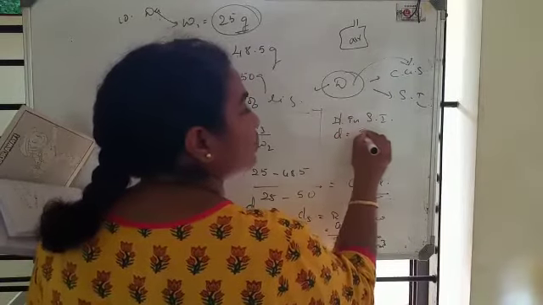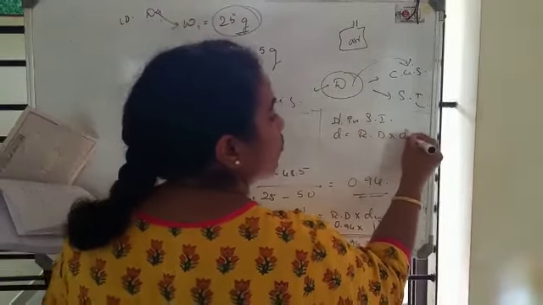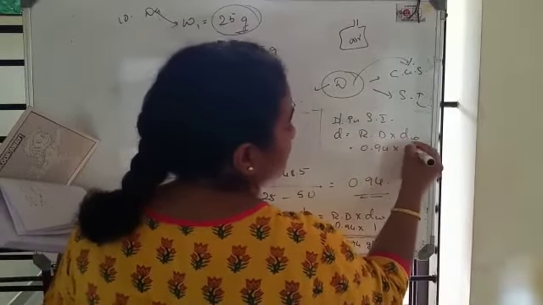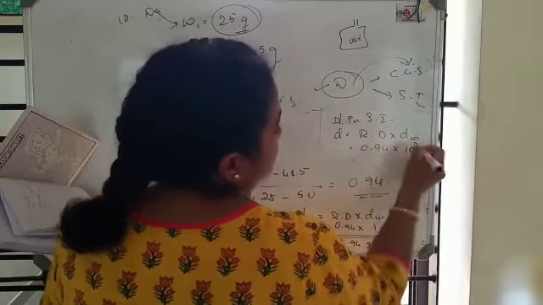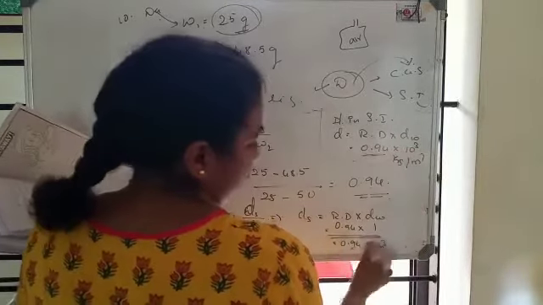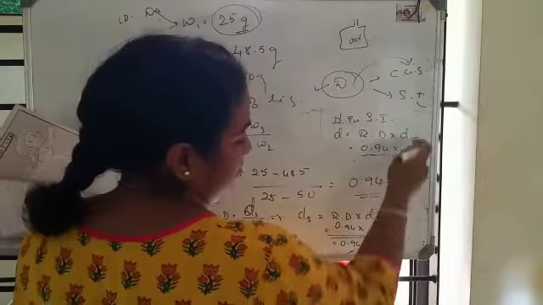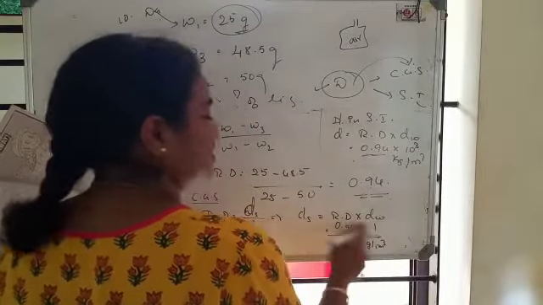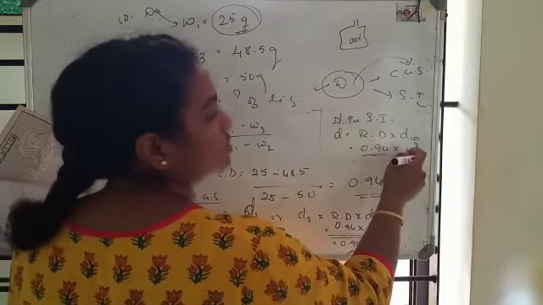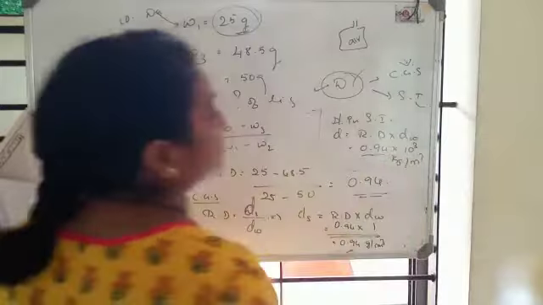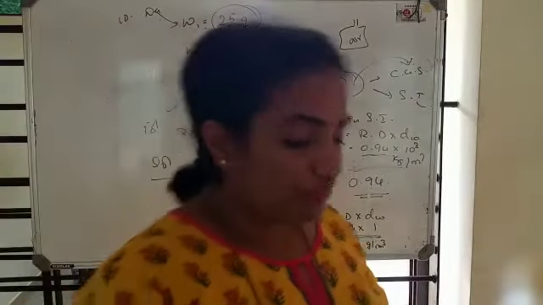Density is equal to relative density into density of water. Relative density is 0.94, density of water is 10 to the power of 3. Now this value is in kg per meter cube. The same value, the difference is only in terms of the densities you substitute. In CGS you substitute 1, in SI you substitute 10 to the power of 3, or 1000. This is the density value. So here we finish this